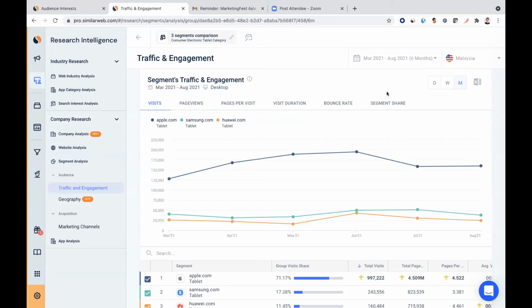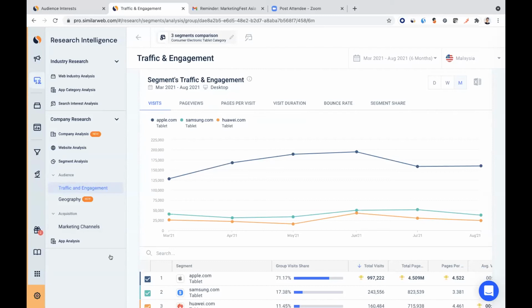So right now, the traffic that you see on my screen is the traffic and the trend for tablet-related pages. For Apple, which is iPad, for Samsung, which is their Galaxy Tab, and for Huawei, which is their MatePad. Okay, and from here, you can look into the trend of our product line versus our competitor. Okay, and after that, what we can do is help a brand and a retailer